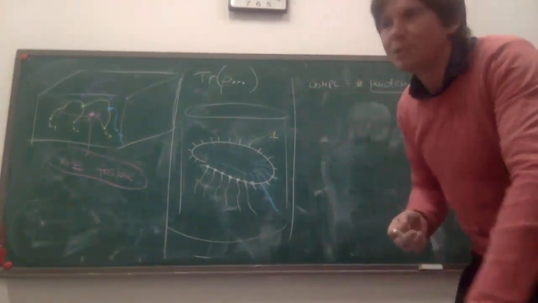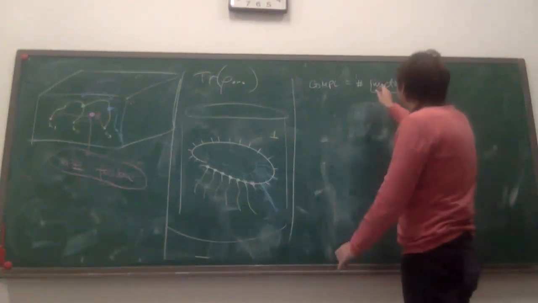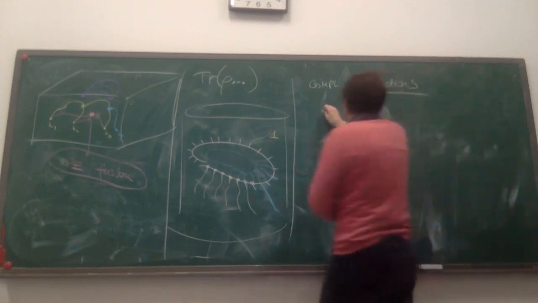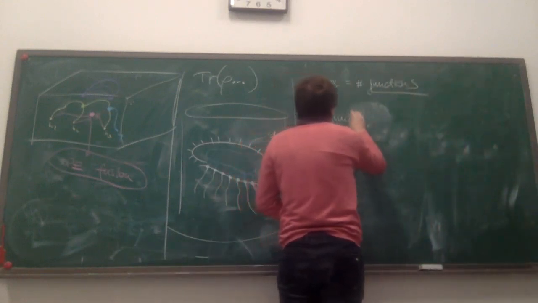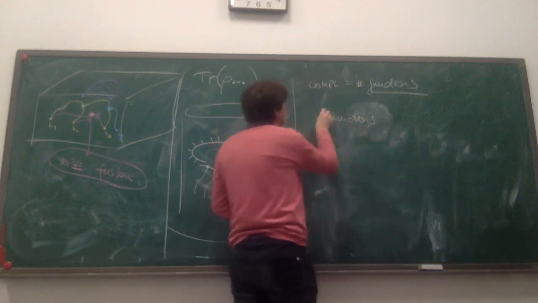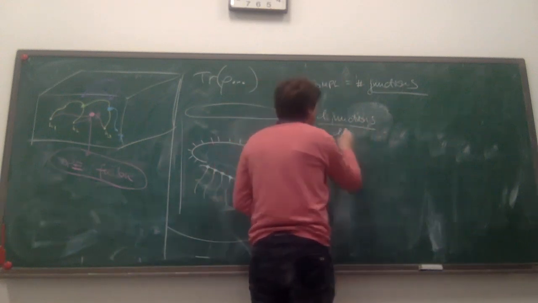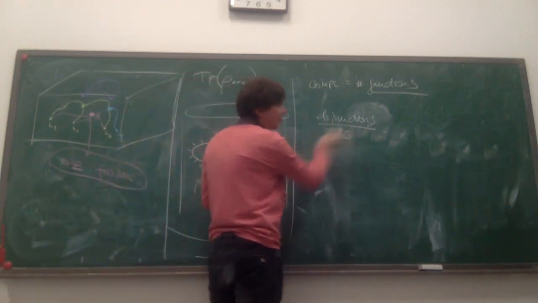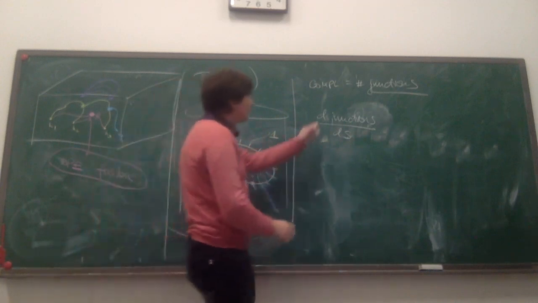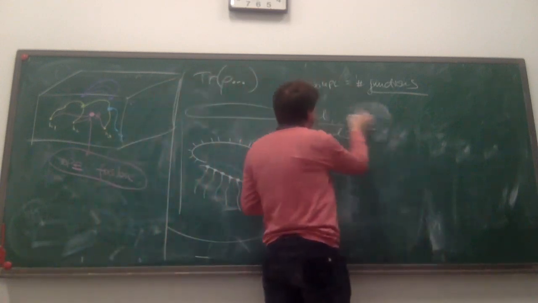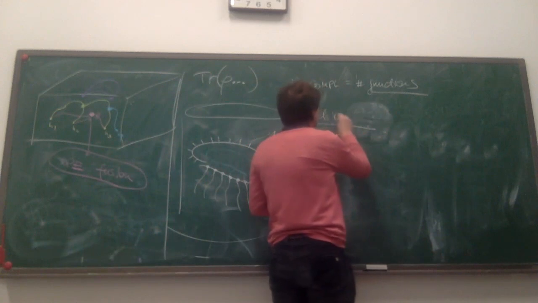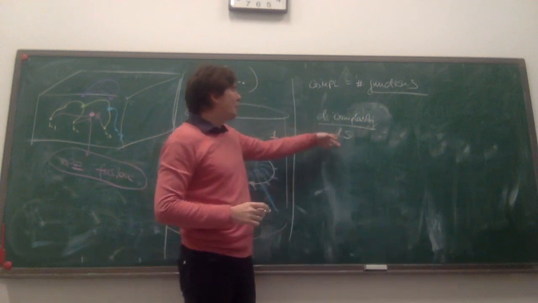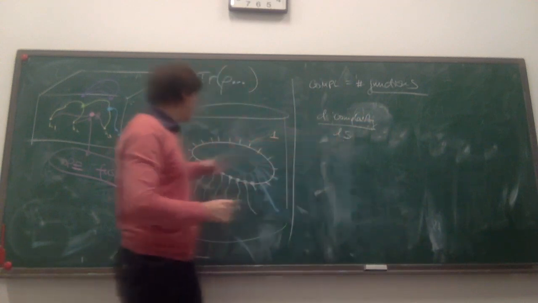That's effectively what we'll be doing next. So I want to say that if we want to estimate what the number of junctions could be, then this number of junctions, or really the density of junctions, per unit length on the curve. So this is the proper length of the curve. And instead of saying d junction ds, let me just say d complexity ds, because that's what I really want. So a density of complexity per unit length of the curve.